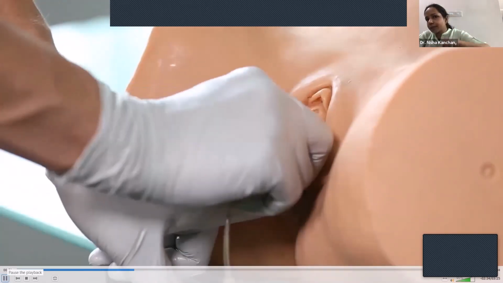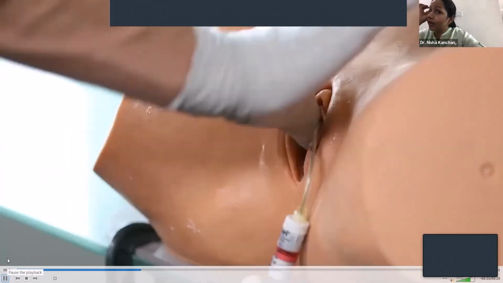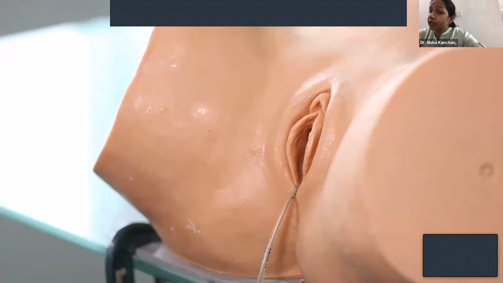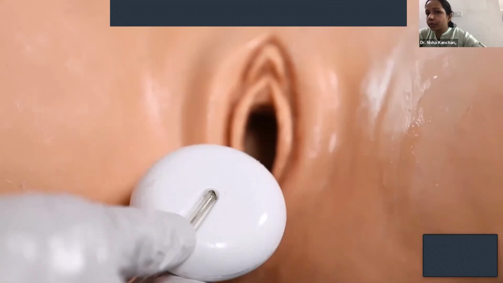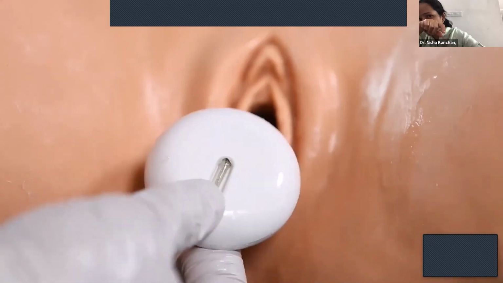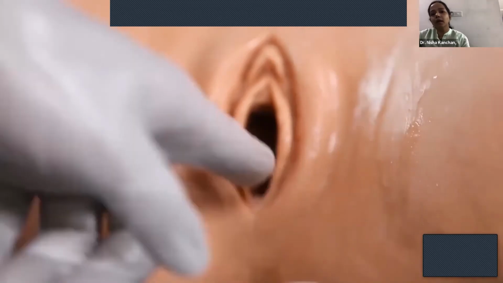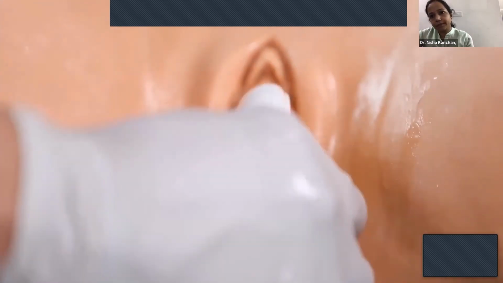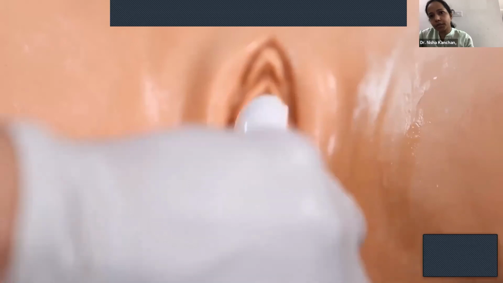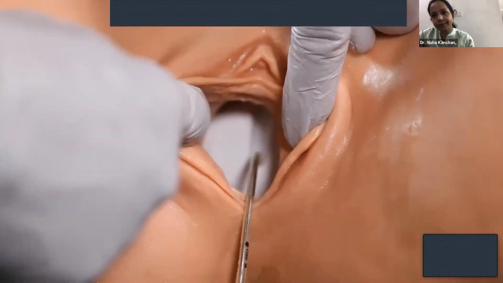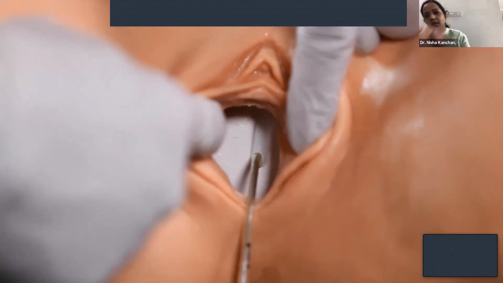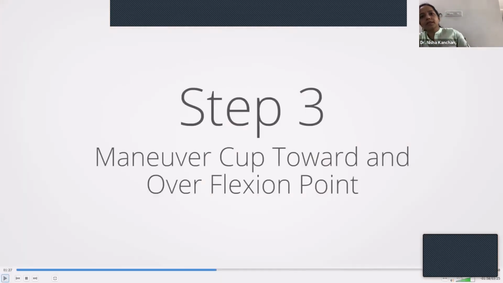Now with the left hand, you're depressing the perineum and creating space, and you're inserting the cup. He is putting it over the posterior fontanelle, and on the tubing, there are centimeters. So up to 8 centimeters, it has to go in. This is an advantage of the Kiwi cup, which is not there in other devices. So you're depressing the perineum, making the smallest diameter go so that you're not causing discomfort. Rotate it to the side, put it inside, put it over the posterior fontanelle, as close to the posterior fontanelle as possible, and push it. Because he has previously measured up to 8 centimeters, it has to go. So you try to maneuver the cup.